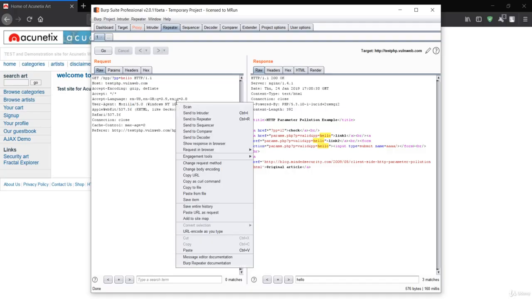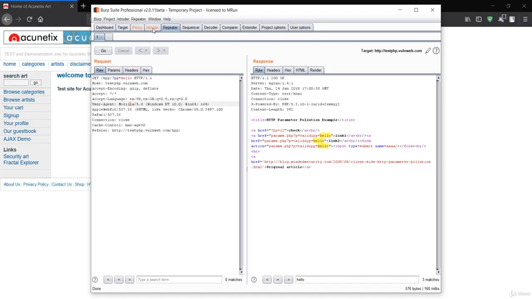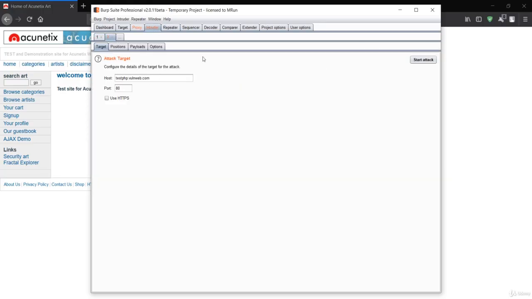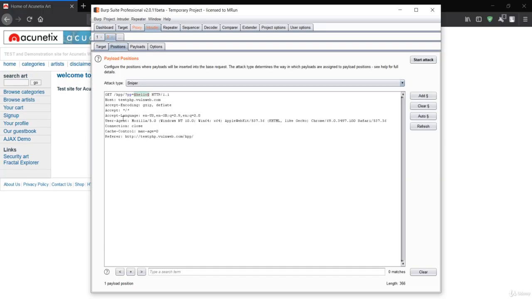All you need to do now is send this to Intruder. I'll send this to the Intruder, and this is our Intruder. Go to the Positions tab. Here we have to inject the payload in this hello. You can simply clear, select this pp field, and add it right here. It should be over here. I just made a mistake, so let me clear it one more time, press this, and add it.